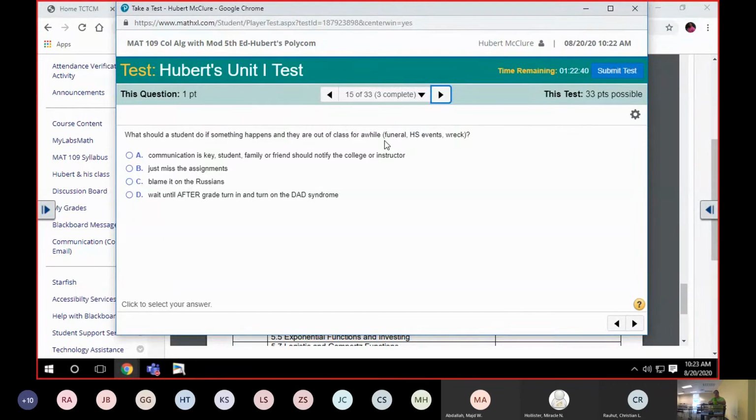People that fail my class or do not do well in my class, they're either lazy, they're non-sentient, or it just doesn't compute. Because if you tell me that you've had a wreck, if you tell me beforehand and if you tell me when it happens, then we can work together. Or if your mother or father, husband, girlfriend, wife, whatever, calls me or texts me or messages me,